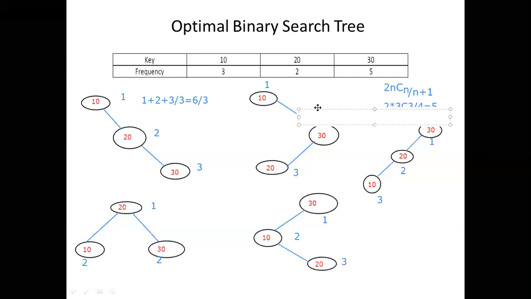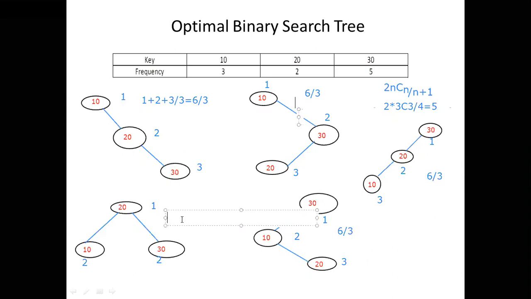How to calculate here? Same way, same formula we have to use here. The answer again will come the same. 1 plus 2 plus 3 by 3, it is 6 by 3. I hope it's clear. 6 by 3. What about this one? Again the same value. There is no difference because 1 plus 2 plus 3 divided by 3, it is 6 by 3. What about this value? Again same. It is 6 by 3. Same formula. 1 plus 2 plus 3 by 3, 6 by 3.